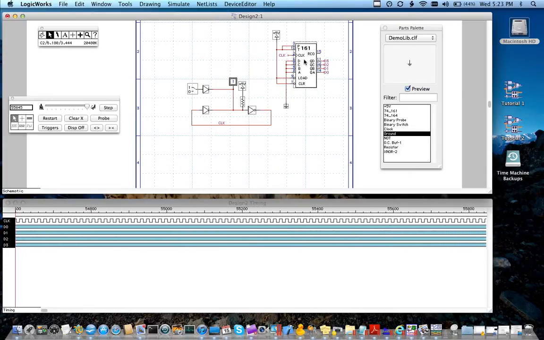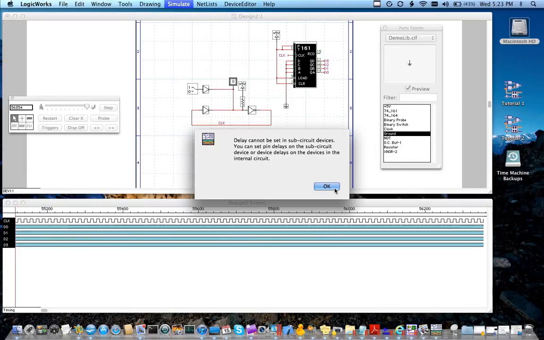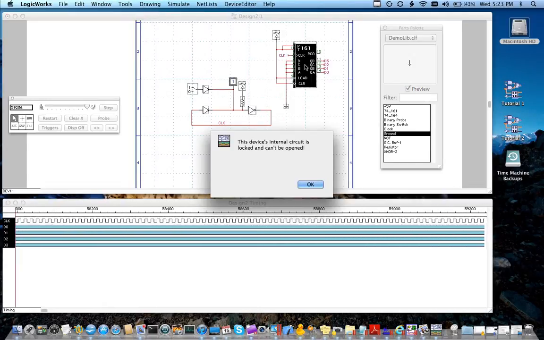Now we're going to go back and select this 161, and we're going to go up and try and do simulation parameters. And you will notice that you get a message saying that you cannot set the parameters on a subcircuit device. You might be asking why. We could do it on an inverter. Well, the reason is that this device here actually contains a subcircuit, whereas this device is a primitive. So if we want to see the internals of a subcircuit, just double click on it, and